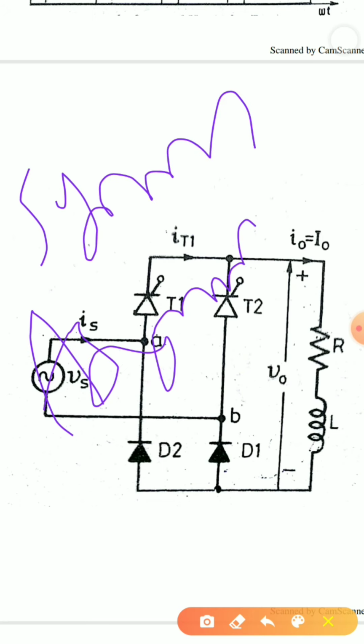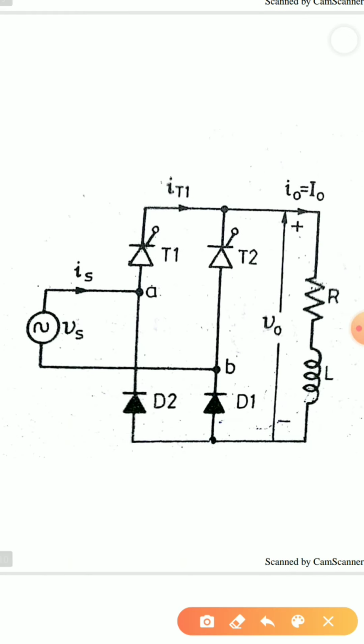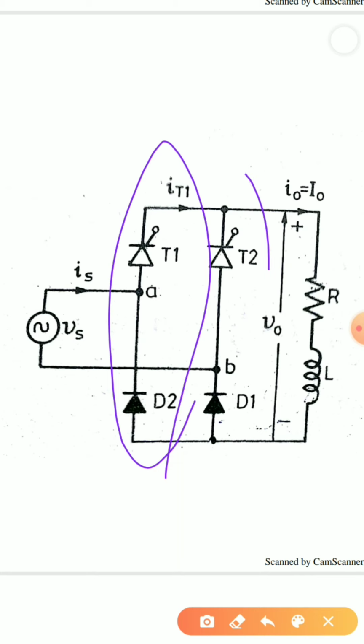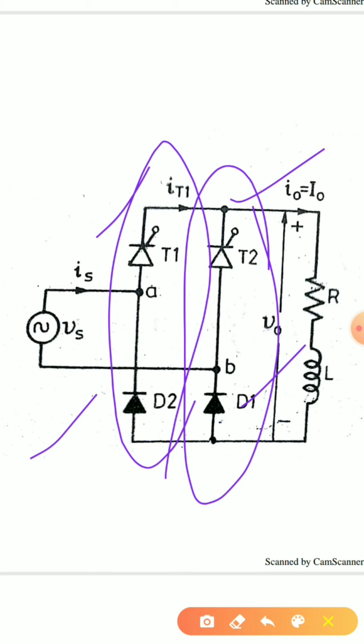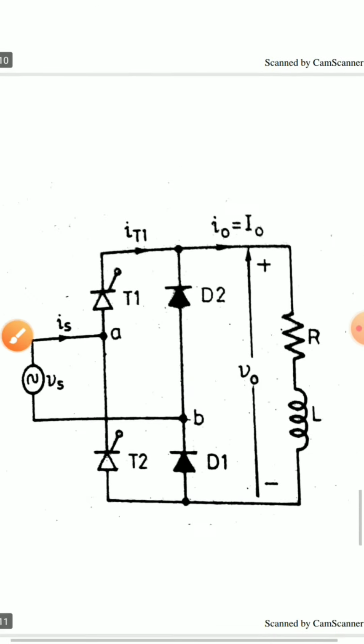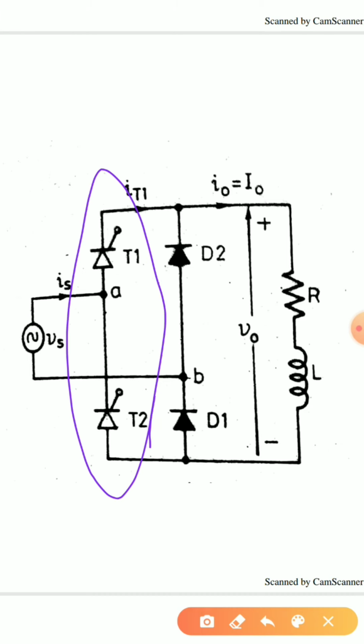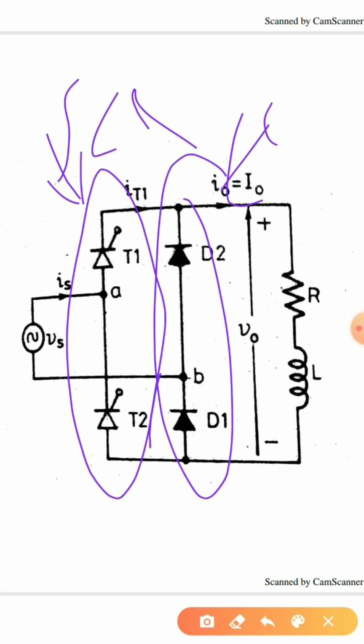Now moving further with semiconverters, we have two different configurations of semiconverter: symmetrical semiconverters and asymmetrical semiconverters. This is the circuit diagram for symmetrical semiconverters. In symmetrical semiconverters, in both the legs, one thyristor and one diode are present, so we call it symmetrical. Then we have asymmetrical semiconverters. Here in one leg all SCRs are there, and in one leg all diodes are there. So the configuration is asymmetrical, therefore we call it an asymmetrical semiconverter.